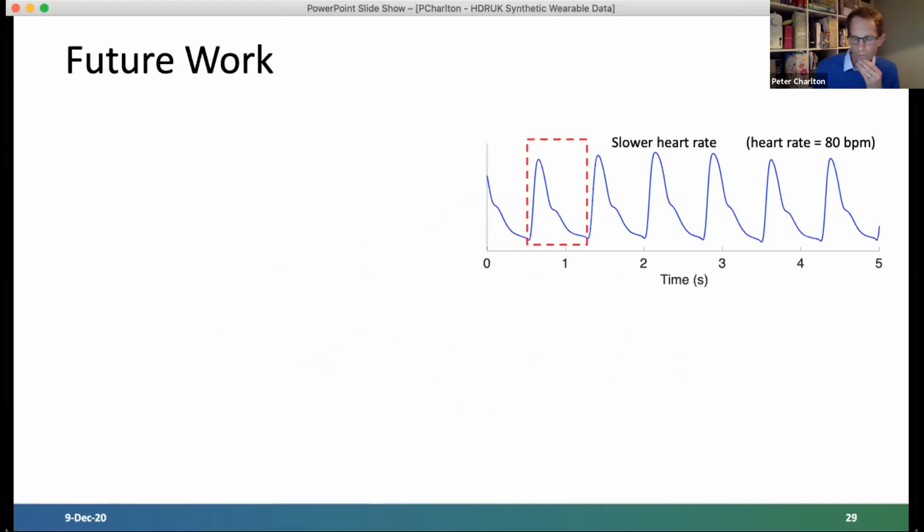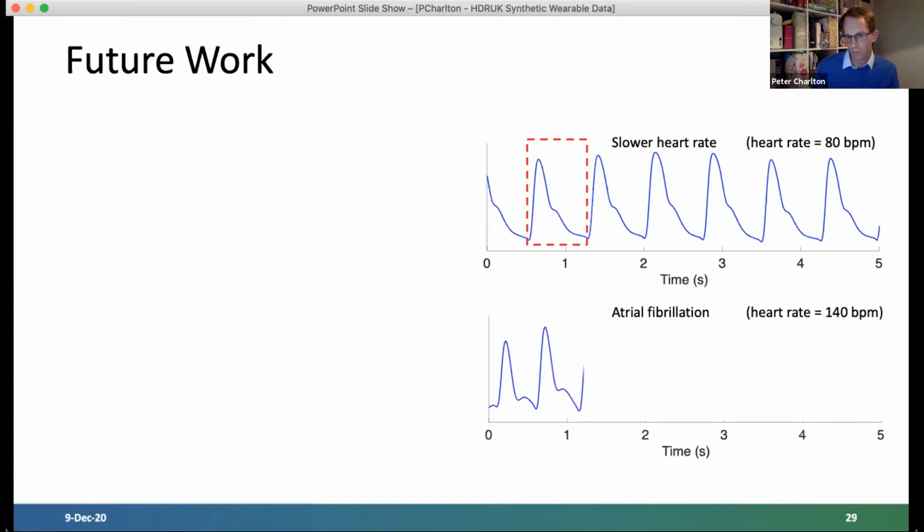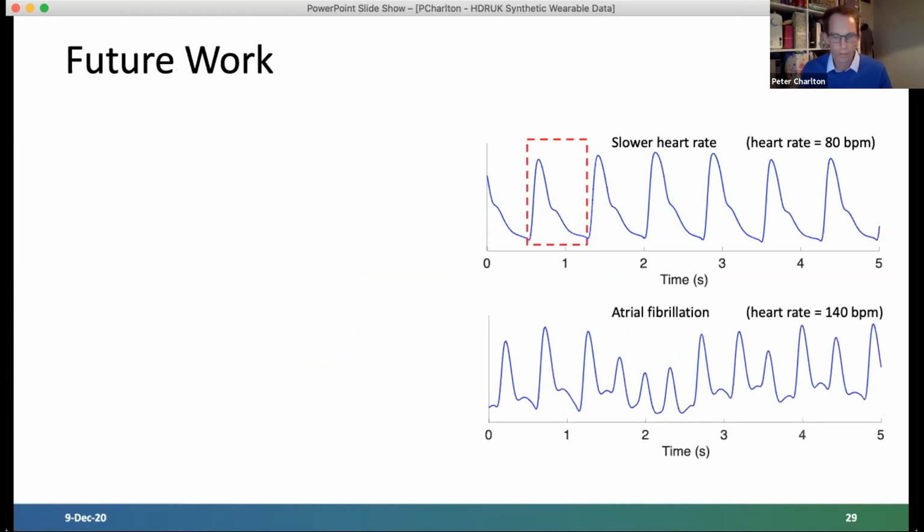And secondly, returning to my initial slides on atrial fibrillation, the work I've presented has been on one pulse wave. In the future, I would like to be able to model, for instance, heart arrhythmias and simulate pulse waves in the presence of heart arrhythmias. And this would be particularly relevant at the moment